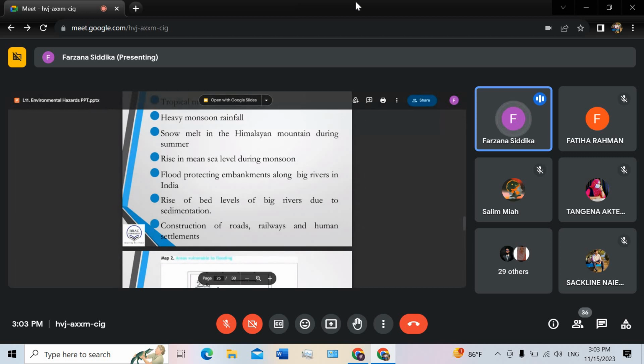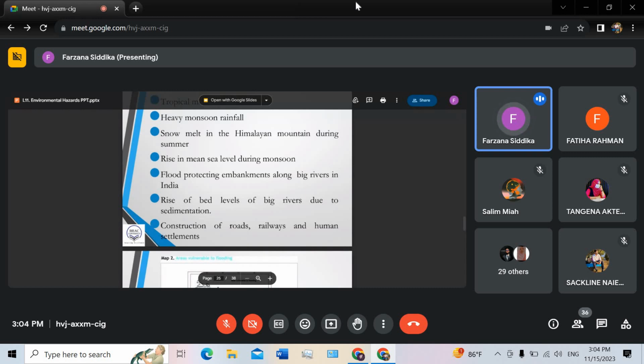ঠিক আছে, সো এই কারণে আসলে বাংলাদেশের ফ্লাড টা অনেক বেশি ইন্টেন্সিফাইড হয়ে যায় ডিউরিং দ্য মনসুন সিজন। রাইজ অফ বেড লেভেলস অফ বিগ রিভার্স ডিউ টু দ্য সেডিমেন্টেশন। সো এটা আমরা অলরেডি জানি, হাইড্রোলজিক্যাল সাইকেল চ্যাপ্টারে পড়ে এসেছি যে রিভারের নিচে যখন সেডিমেন্টেশন হতে হতে ওয়াটার হোল্ডিং ক্যাপাসিটিটা অনেক লো হয়ে যায়, এবং সেই সেডিমেন্টেশনটা যদি আমরা ড্রেজিং করে ক্লিয়ার আউট না করি, তাহলে কিন্তু রিভার গুলো এক্সেস ওয়াটার হোল্ড আপ করতে পারে না, ওয়াটার সার্কুলেশন ভালো থাকে না।